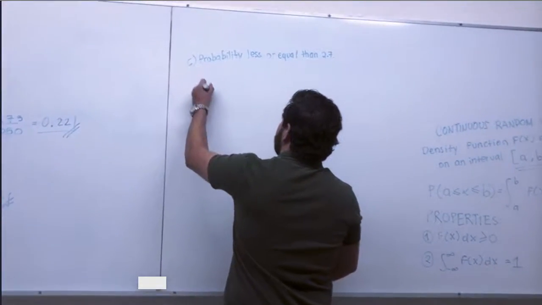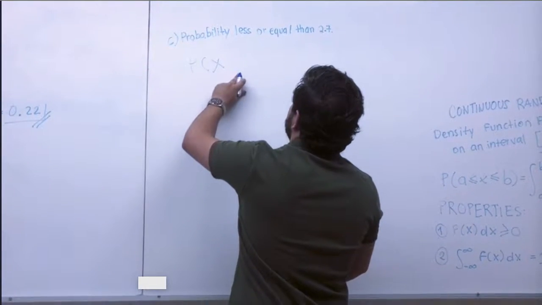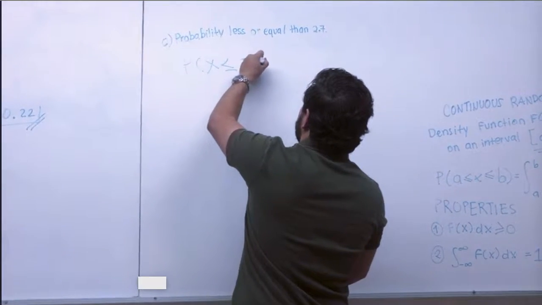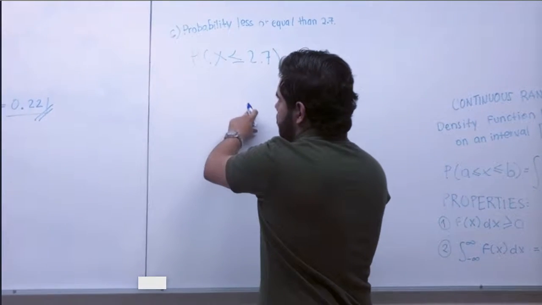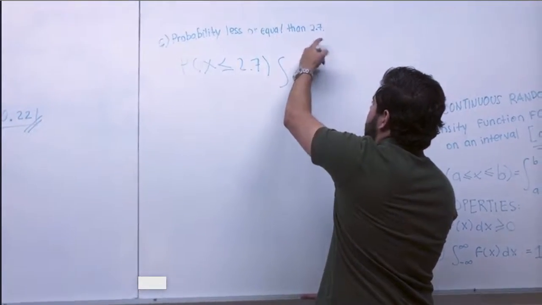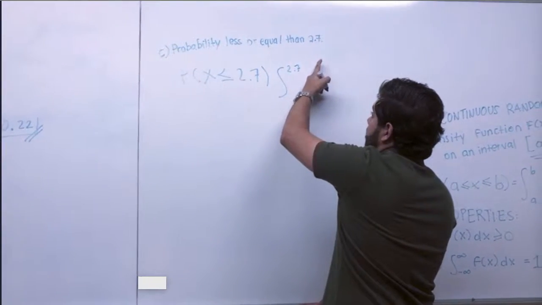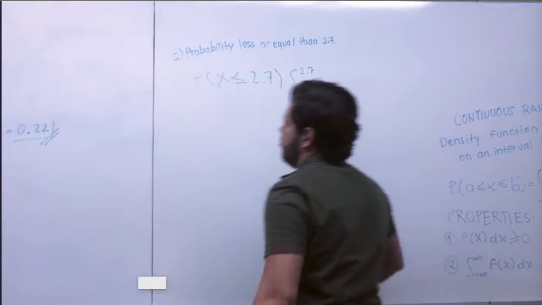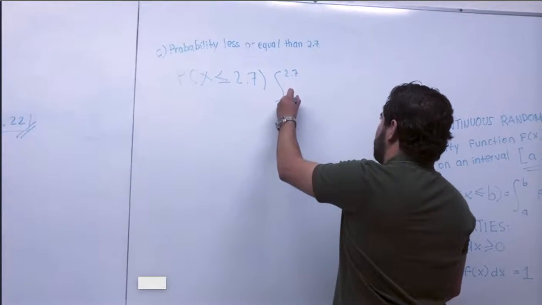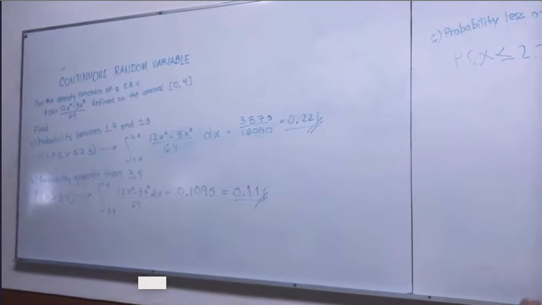Okay, so here we write the probability of x is less than or equal to 2.7, and we put the integral. We put 2.7 on the top because it's the greater, and as we don't have any other, we use the 0 of the interval here in the bottom, and we put the part of the problem,